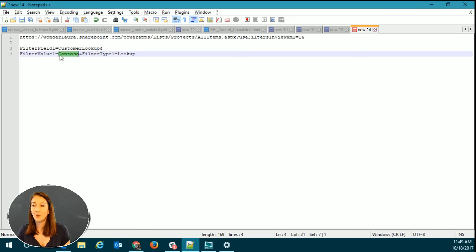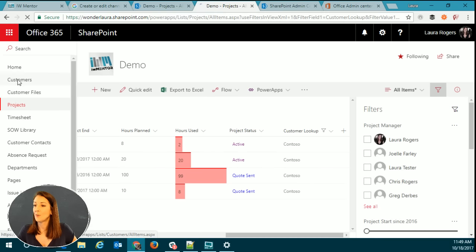So Contoso right here, filter type 1 equals lookup. So if I can build a hyperlink on my customer that just says filter value 1 equals, and then the customer name right here, they could click on it and just go to the list of projects. So let's do that. All right, so I'm going to go to my customers list, and